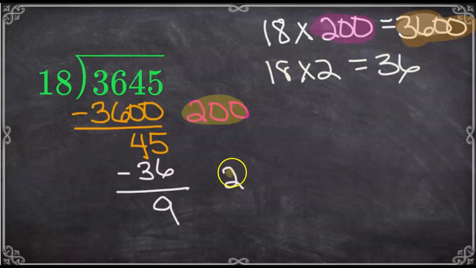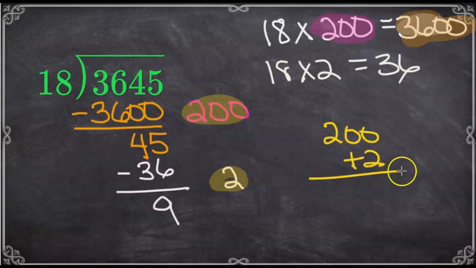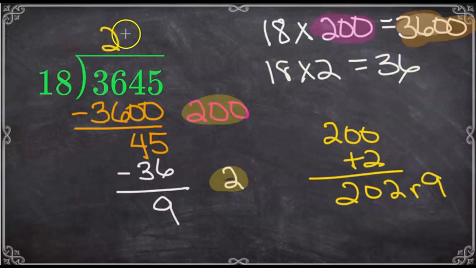So 202 are my partial quotients, and you remember with partial products, you just add them together. So we're going to add together the 200 and the 2 for 202, and then my remainder is 9. So 202